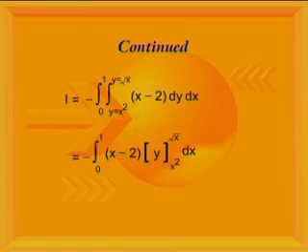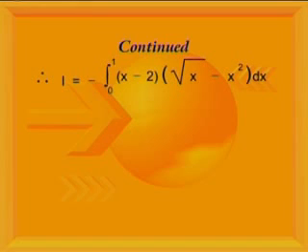and the limits for y is equal to x square to y is equal to square root of x with respect to x. You can see that in this step we have integrated with respect to y, and here in this integral x minus 2 will play the role of constant, so integration of 1 will be y. So now substituting for the limits for y, we are getting what? That integral is equal to minus of integral x minus 2 into square root of x minus x square. These are after putting the limits for y. So this integral is with respect to x, and the limits of x are from 0 to 1 and negative of